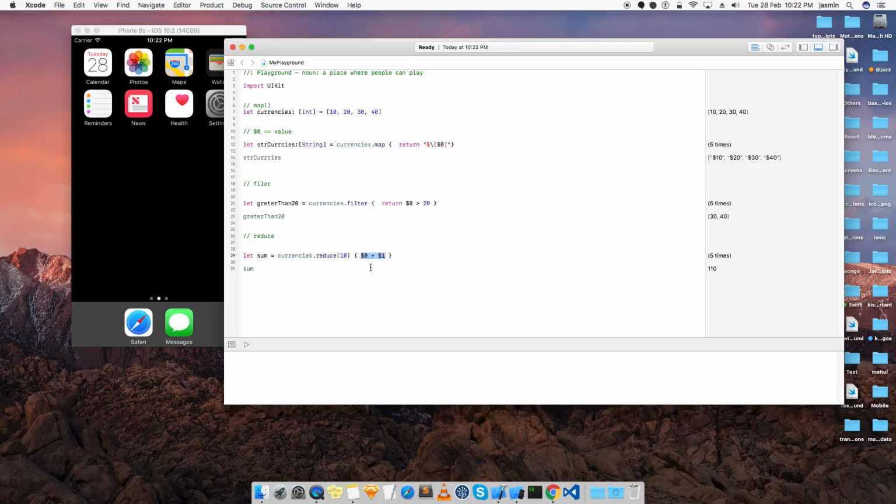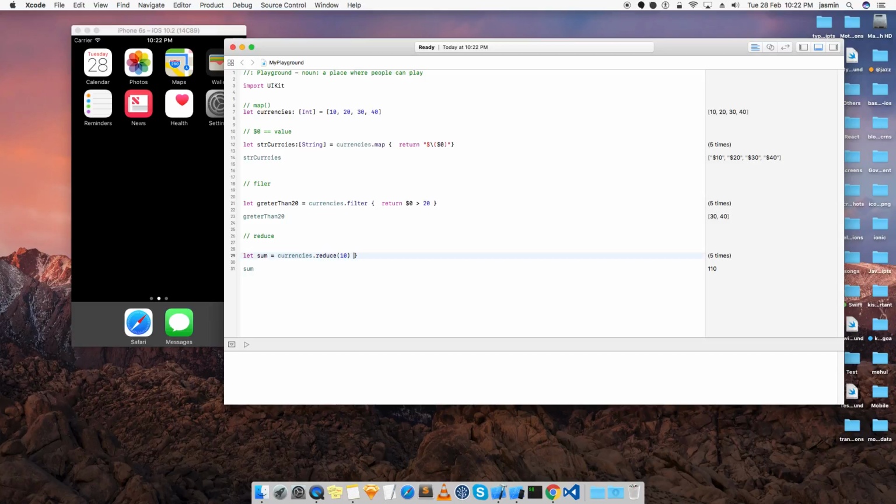Initial value is 10, from where you want to start, and from the next part means 10 and 20. 10 plus 20 will be returned to this sum. And again it loops to 20 and 30, and again it will be adding into